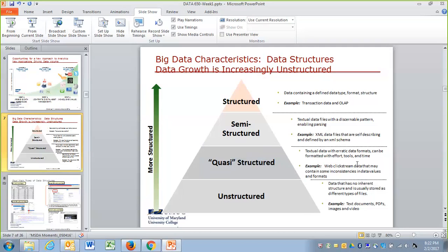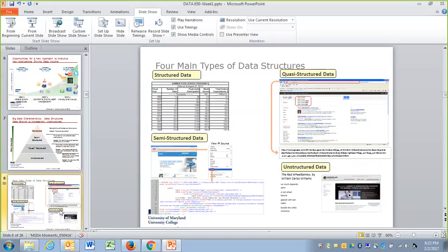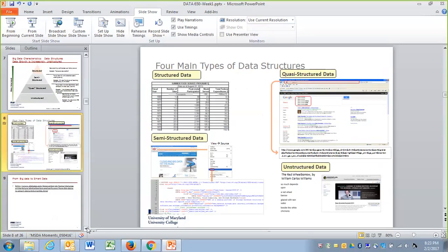You can process an extensive stream of click data, but its value is never going to be as high; the big value is in the totally unstructured data. I don't diminish quasi-structured data totally, but it's not comparable in value. In this slide there are some examples you can review and comment on in the classroom.